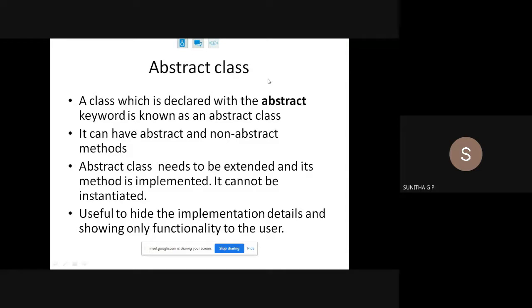So next, what is an abstract class? Already we have used the abstract method. If you want to define it, how can you say what an abstract method is? You can say an abstract method is one